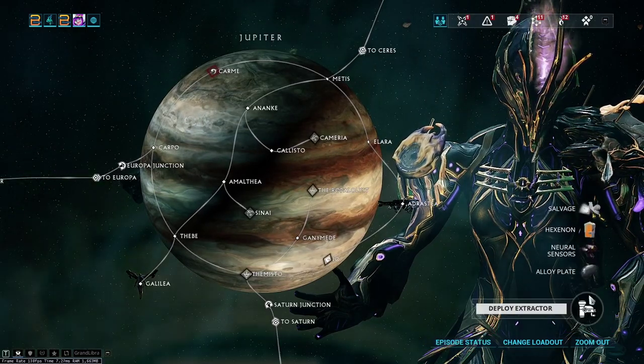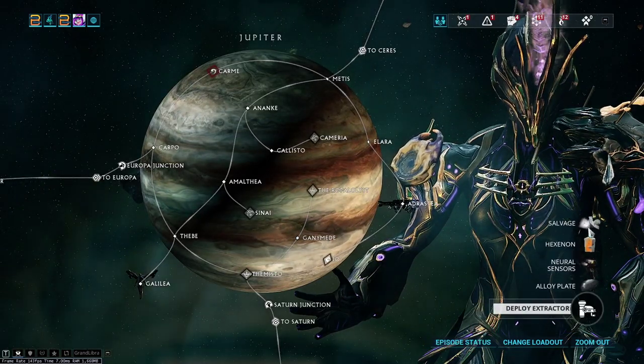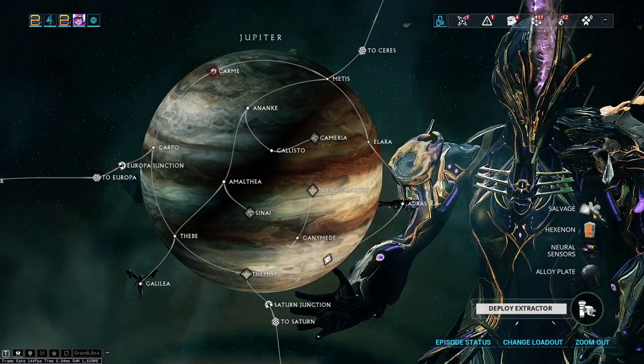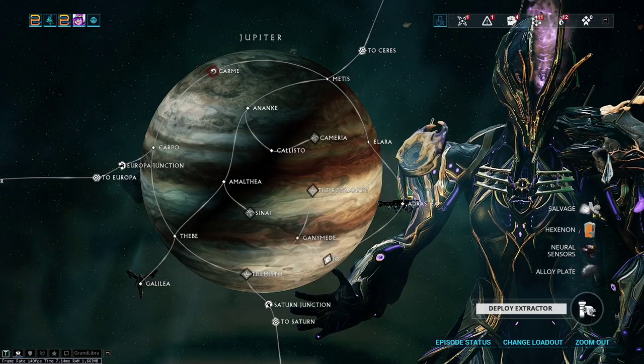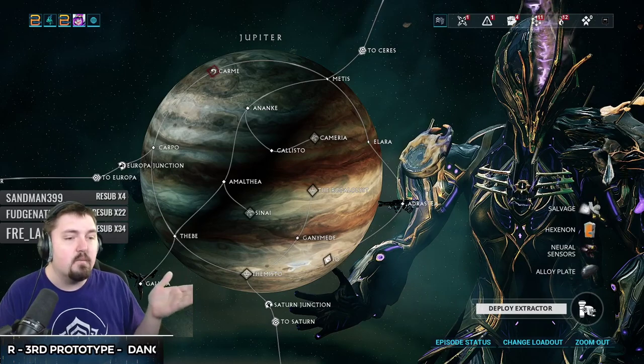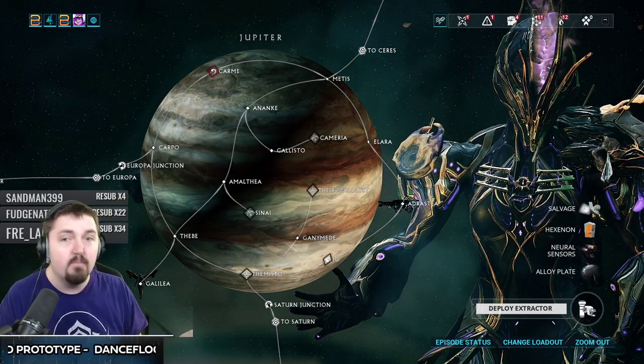You hover over this to see this. Why does this pop out? The button for deploy extractor? Sure, that can be nested. That just makes sense. But this fucking nonsensical bullshit where I can't see some materials that drop here is